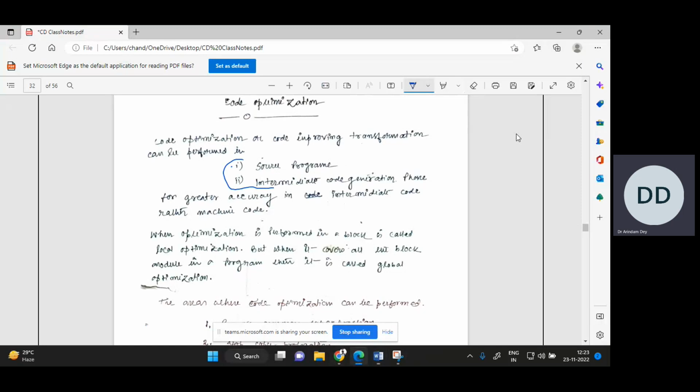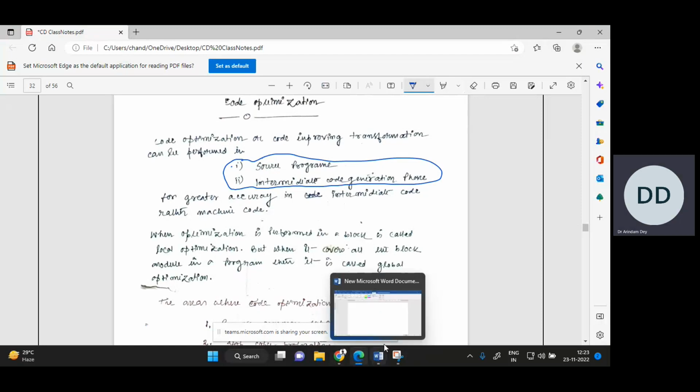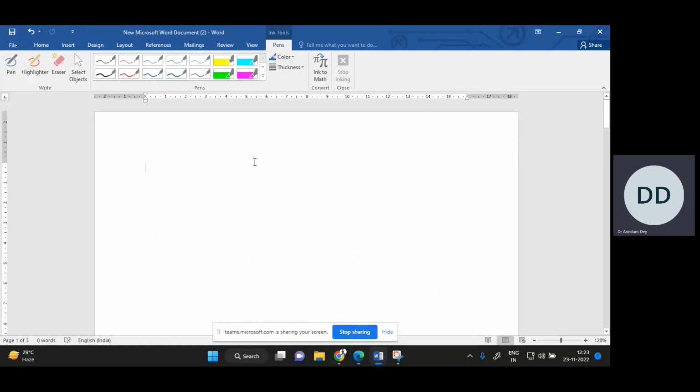Either I can perform the optimization in the source code that is being written here, or I can perform the optimization in the intermediate code. Intermediate code and source code, what does it mean? For example, when you are writing